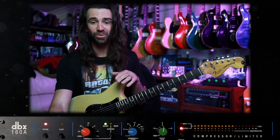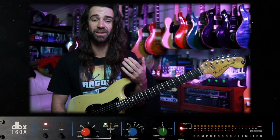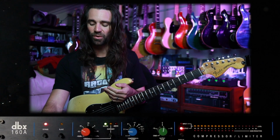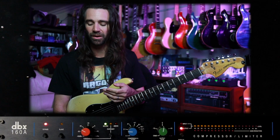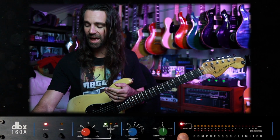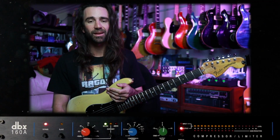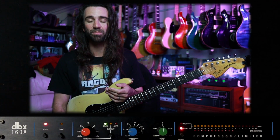You've got a threshold control, you've got a compression ratio control, and you've got output gain, which functions as the makeup gain. There is an Overeasy mode that you can kick in here, but I've got that off at the moment. And then the little display lets you toggle between the input and output metering, and you've got a gain reduction meter down here. I'm going to let you hear my clean sound, and then I'll bring the compressor in